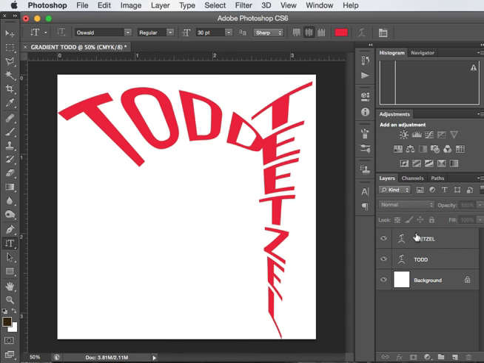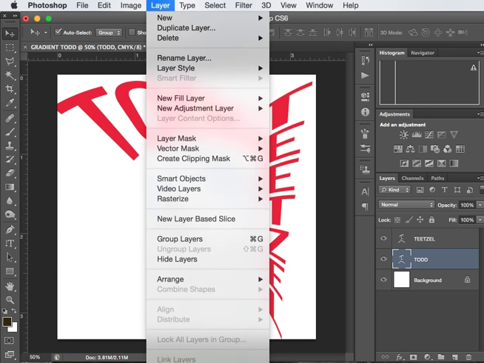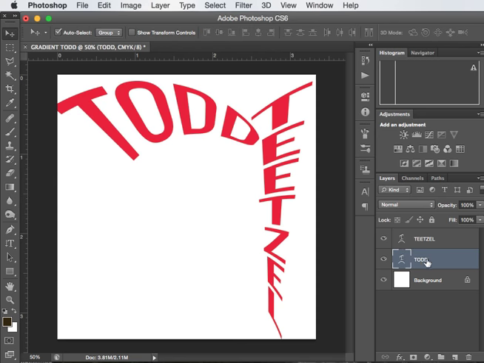Now, we've created two layers, or it created two layers for us. We've talked about the horizontal type tool and the vertical type tool. Now, what I want to go over is the layer style tool. You don't want to have your layer selected like this. You just want to have your layer selected. And then you go to layer